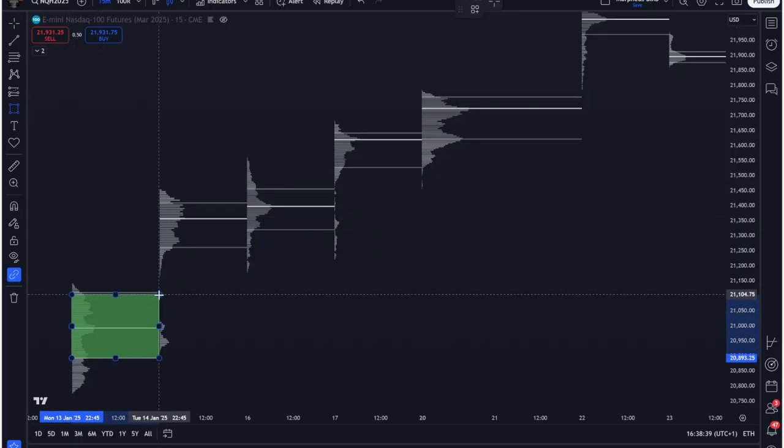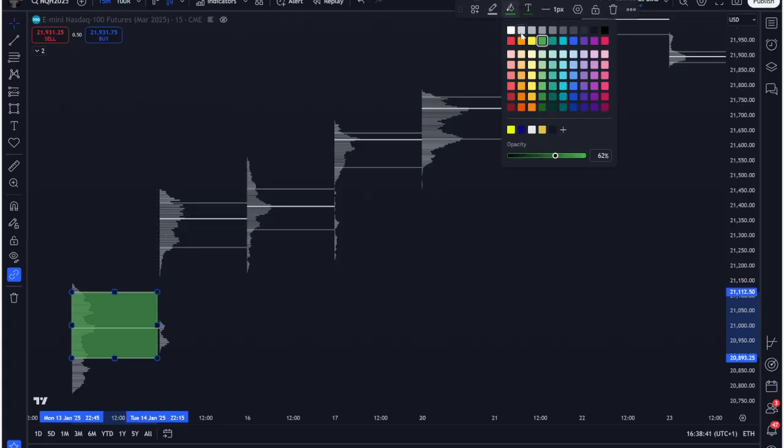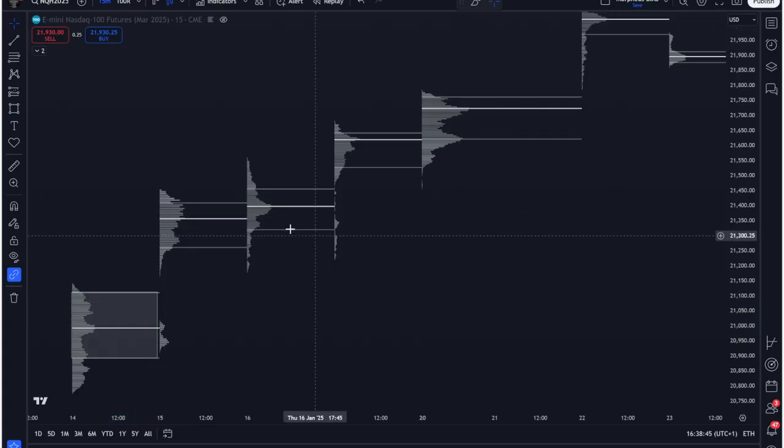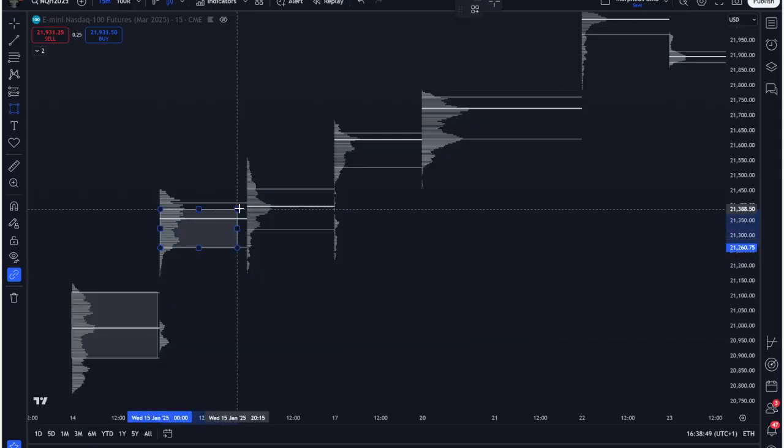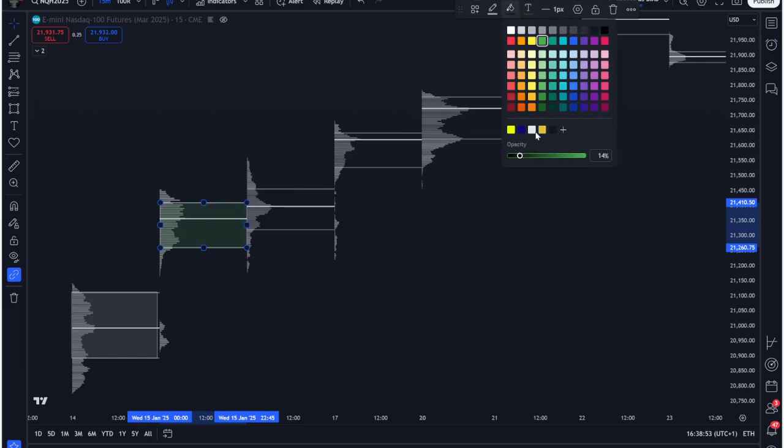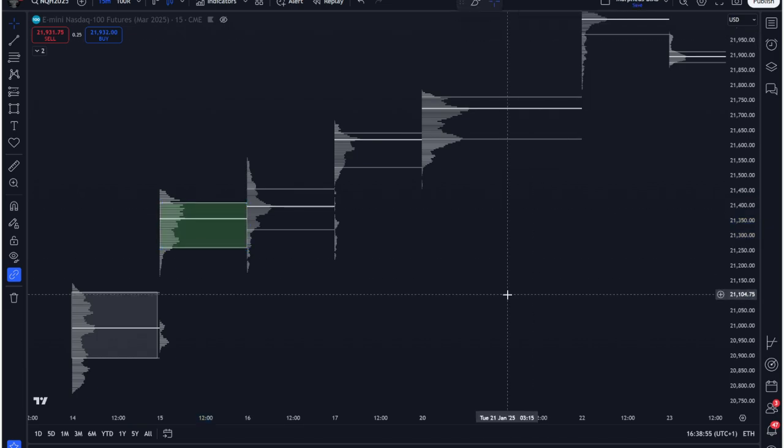70% of volume is exchanged here. Let's make this white, okay? The day after, close here. What do you think from an objective perspective? Let's not put any subjective interpretation on this. From an objective perspective, we have the values of the profile area, 70% of volume here. Do you think that